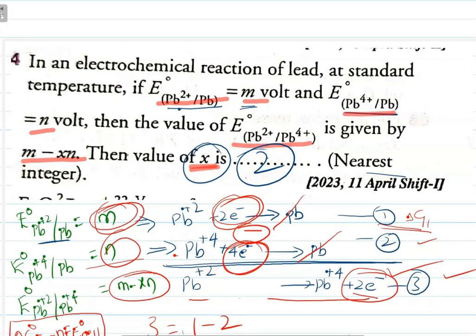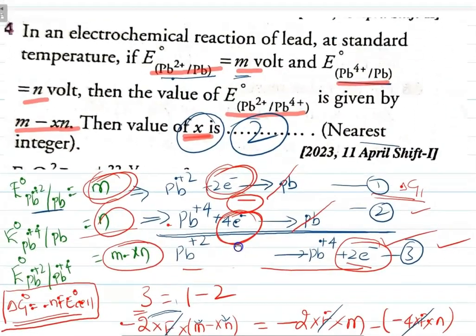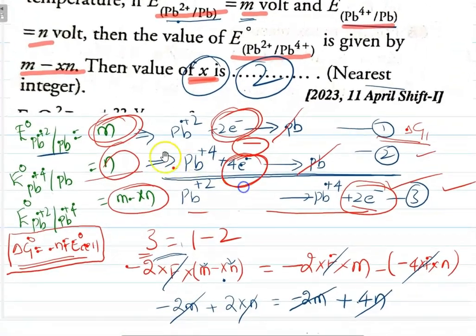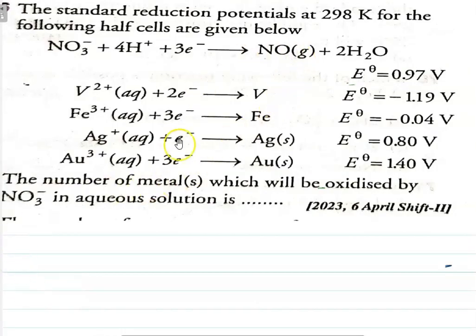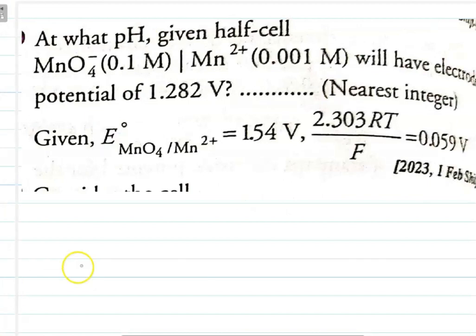So this is the way. A similar type of problem we have done previously. But it's an integer type of problem, and no values are given for m, n, x, y, z. Just solve with the same procedure, only the solving is different. That's all. So next, one more type of question. This is the last type of question that I am going to take in this. So sorry, not this. Okay, this one.